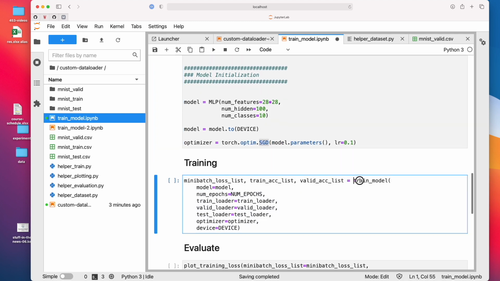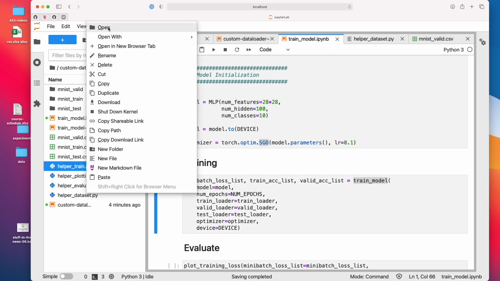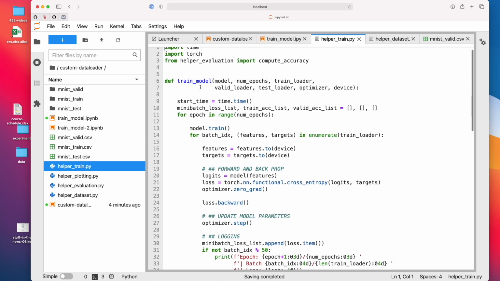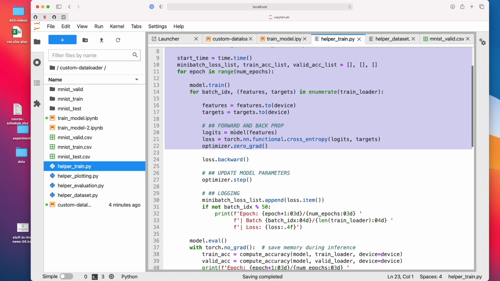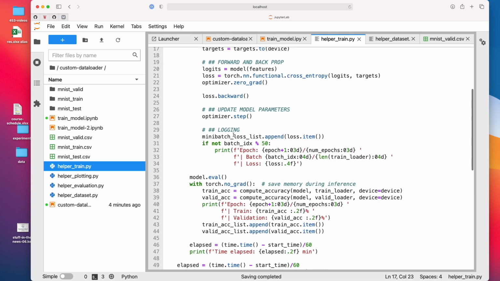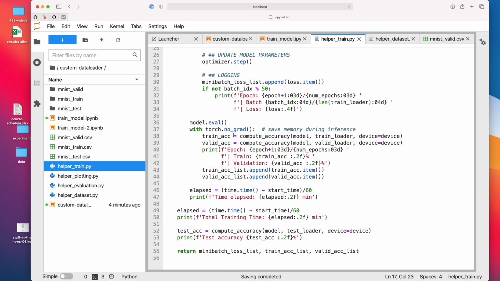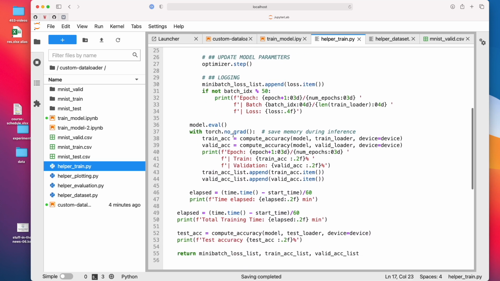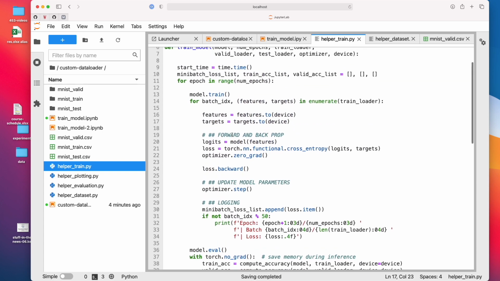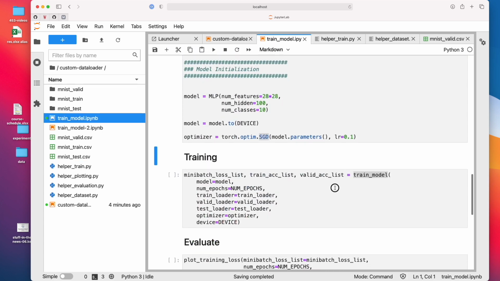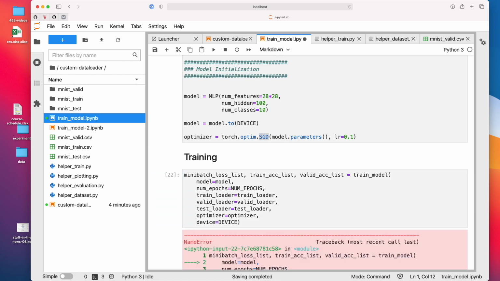And here I also just brought a function for training the model. It's essentially what you've seen before. I just put it into a separate file here. So if I go to helper.train.py, I have all the code I had previously in here. Because it's essentially always the same code, you can use that in other projects as well. You can just copy and paste it. It just keeps the notebook more readable in that way. It's not such a long notebook anymore.